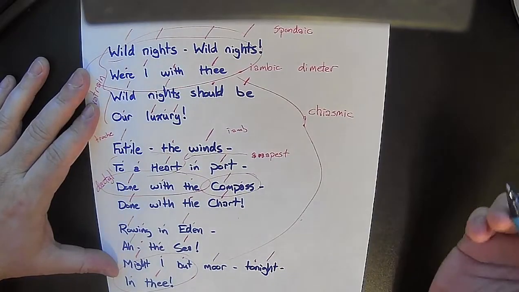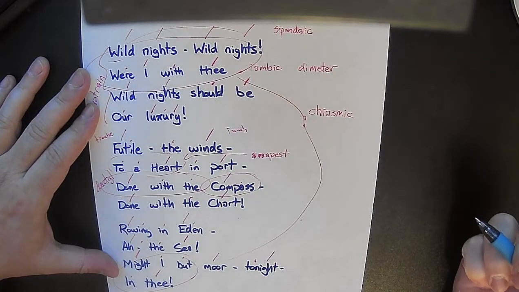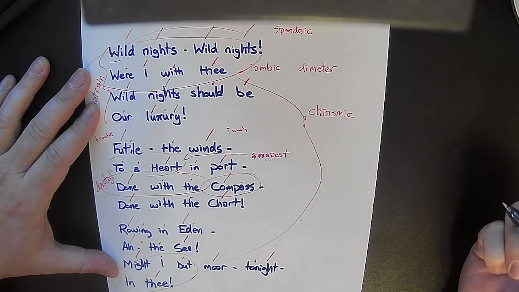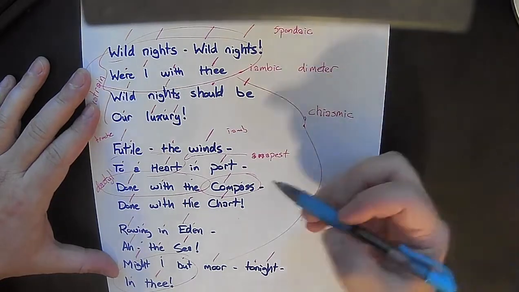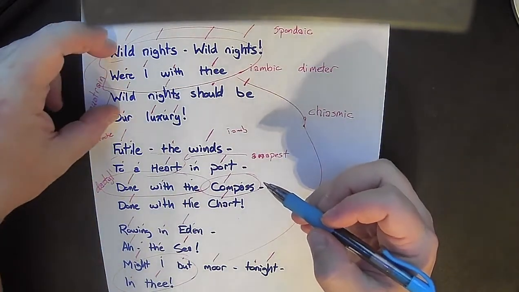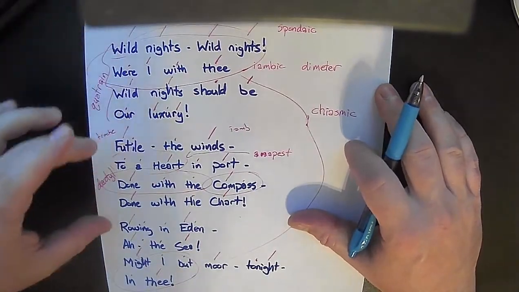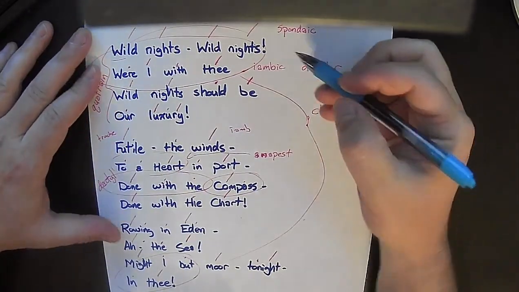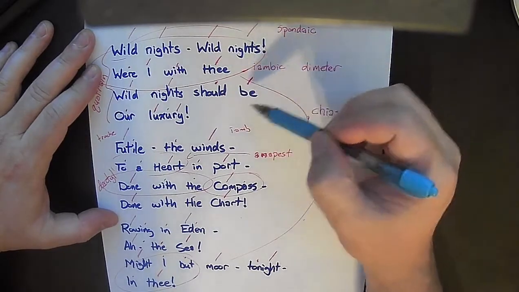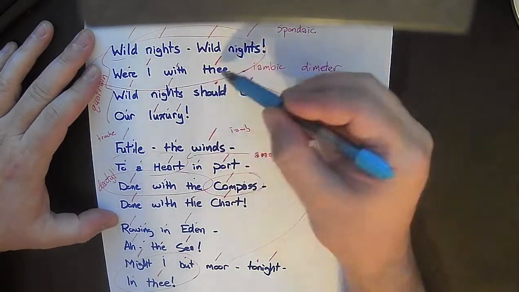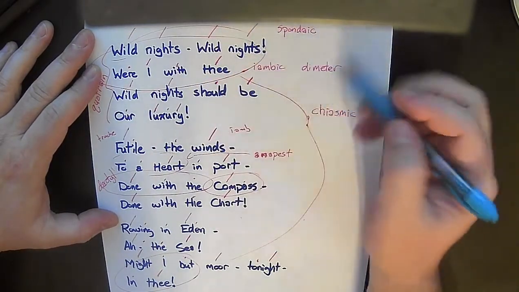Hey, so I realized I forgot something pretty important in my scansion here, which was rhyme scheme. I went through everything else and I didn't talk about rhyme scheme. Rhyme scheme. We have a rhyme scream. I got Halloween on my mind, I guess. We have 3 quatrains here, but I didn't talk about the rhymes. So nights, the, be, e. We got 3 in a row here, although one of them might not necessarily go, but I'm going to say